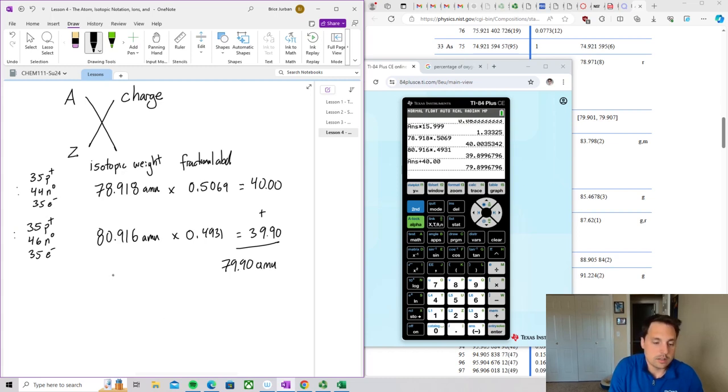So this is the standard or average atomic weight or mass